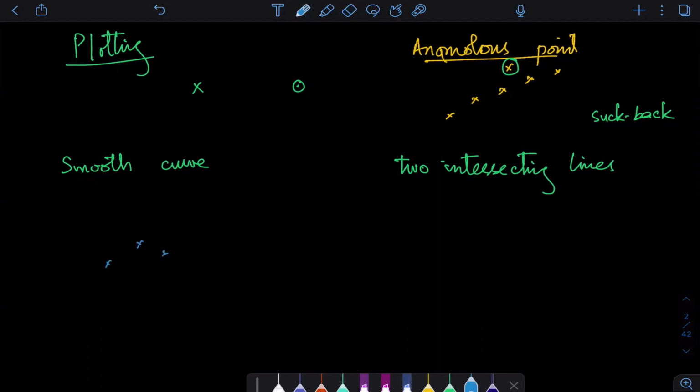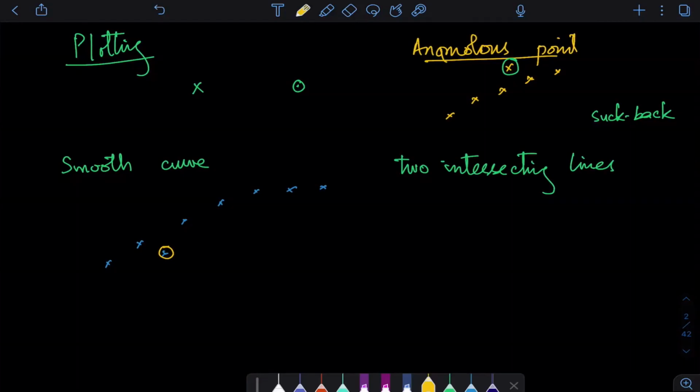Let's suppose ये points हैं. Now, can you see that this point is anomalous? So we will say that this point is anomalous. हम इसको circle कर लेंगे. अब हमने जब लाइन ड्रॉ करनी है, हमने इस पॉइंट को देखना भी नहीं है, हमने इसको completely will ignore